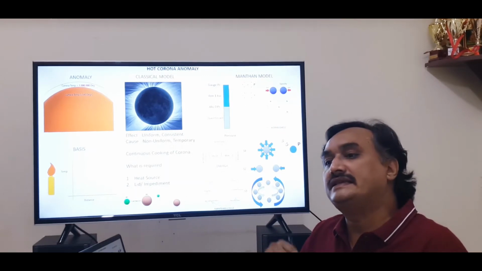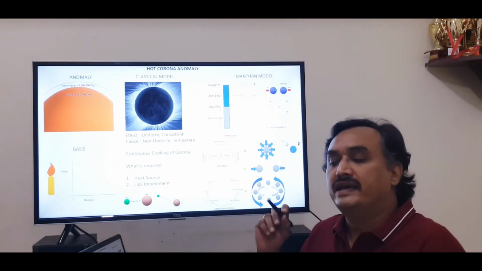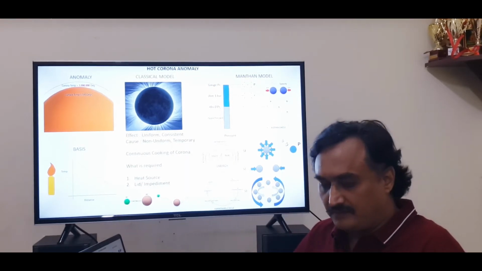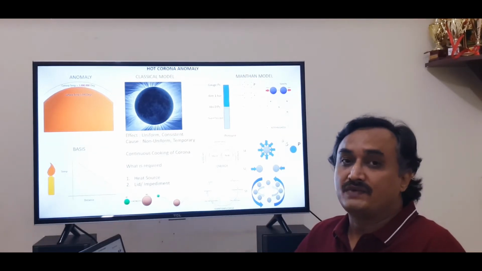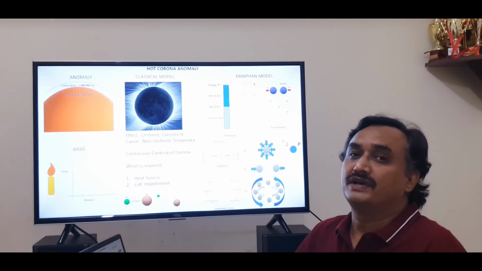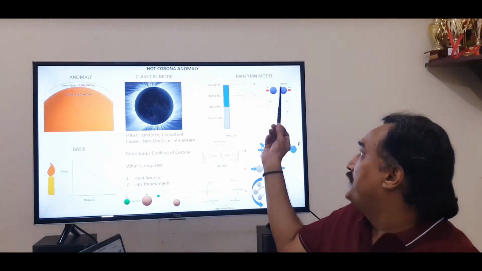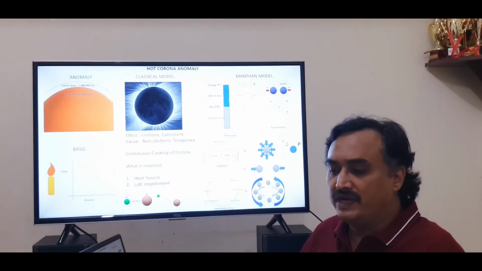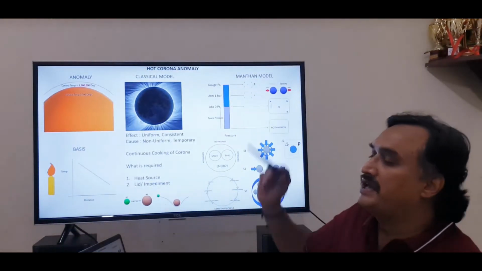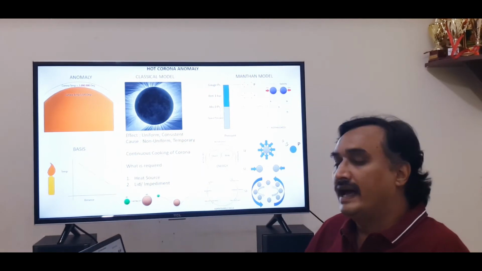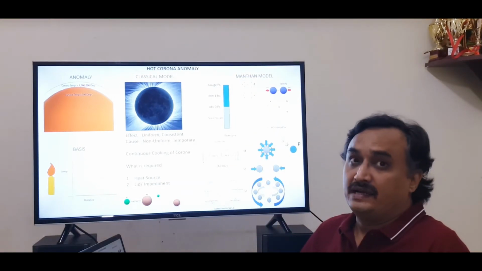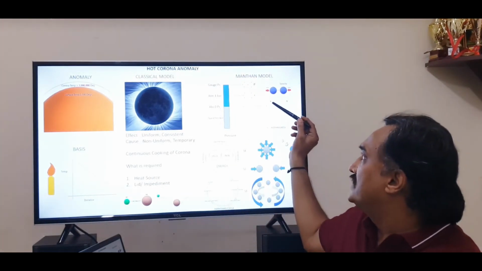When we say that this force is external to the mass, you will have to prove that the outer space has positive pressure. But we consider outer space as vacuum, and hence no pressure. So it is very important for us to prove that the outer space is at positive pressure. We did that by taking an analogy of any fluid, just the way you consider the intermolecular space between the molecules as vacuum, but still you consider the entire system existing at a positive pressure P. In the same way, we should not consider the outer space